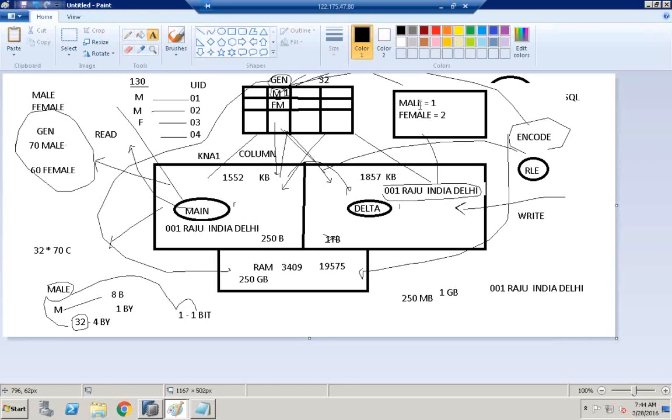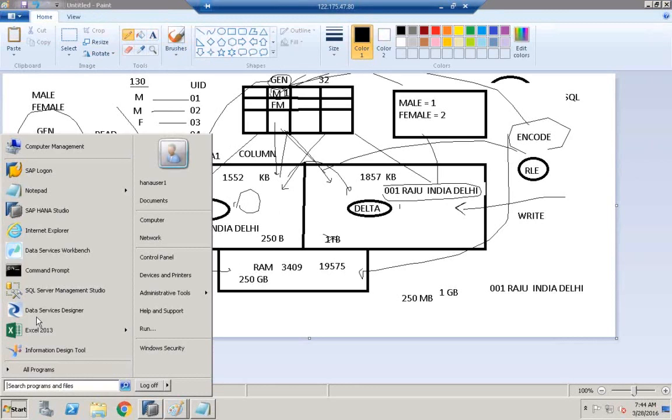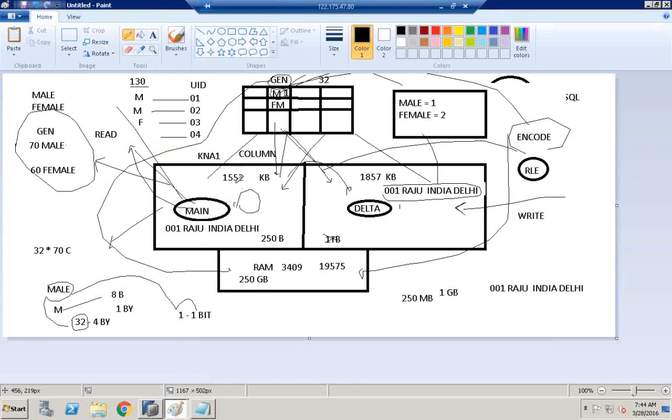So instead of showing mail, it will show 1. So business cannot understand 1. What is 1 or what is 2? Business cannot understand. Again, what SAP has done is, when we store in a compressed way by using algorithms like run length encoding to store data to consume less space on memory. But when the business asks a question,